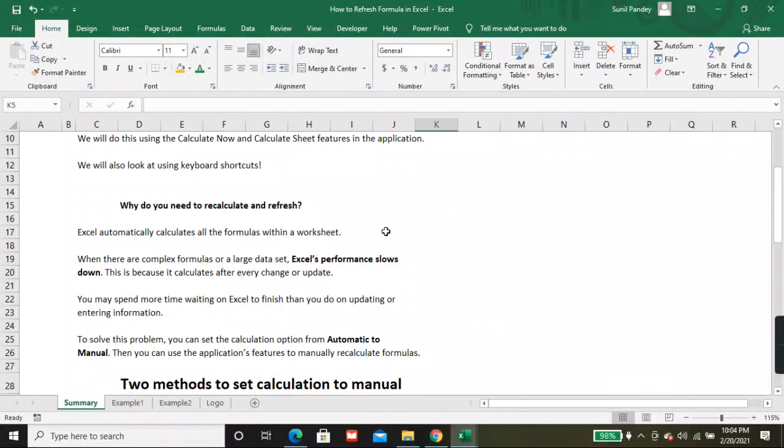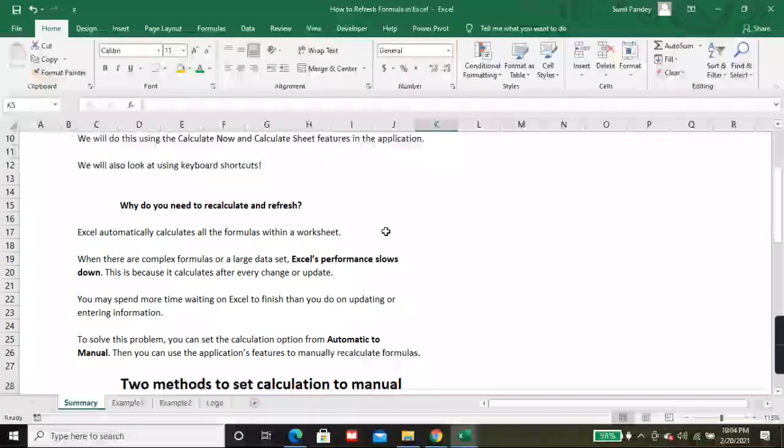This is because it calculates after every change or update. You may spend more time waiting on Excel to finish than you do on updating or entering information. Suppose you're opening any Excel file and updating anything, you have to wait for it to calculate every time, and it is totally a waste of time.